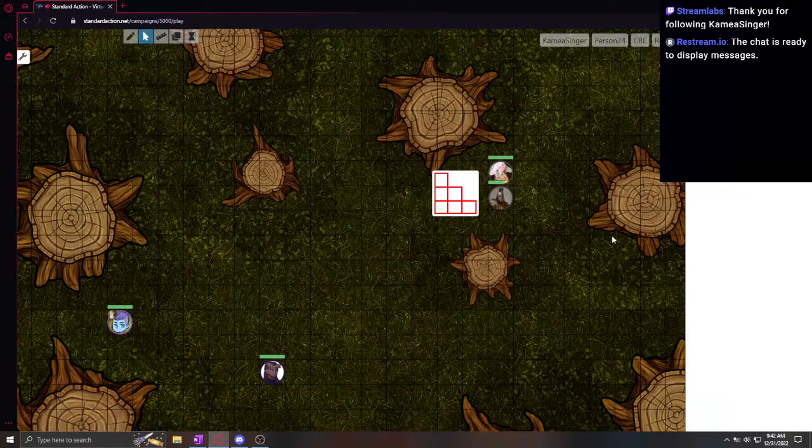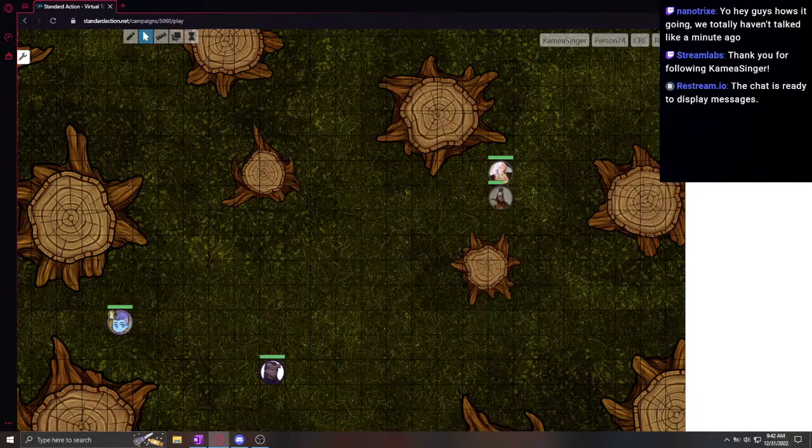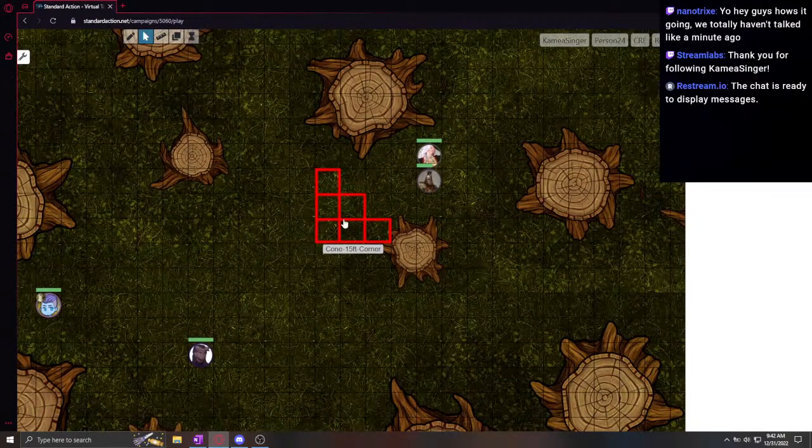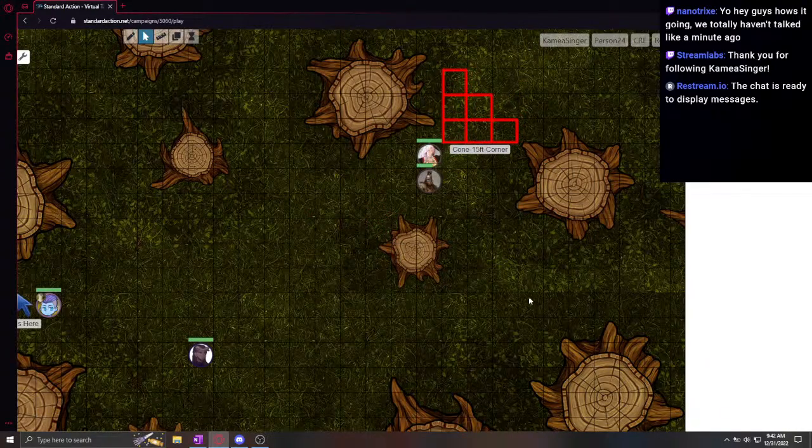Now, here's the thing. If you left click drag and then drop it, it scales it to the one square. But if you drag it in and then right click, it scales it to the size of the image, which have been scaled to the map so that they automatically scale to be correct. So now you have a 15-foot cone if you want to measure cones and radial spheres and stuff. Nice. I'm thinking about changing the arrow to a bullseye, though, just so that it works better with the grid.